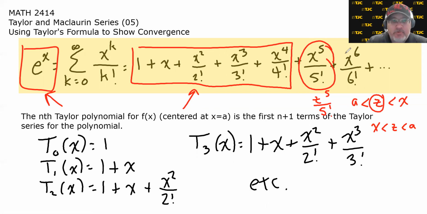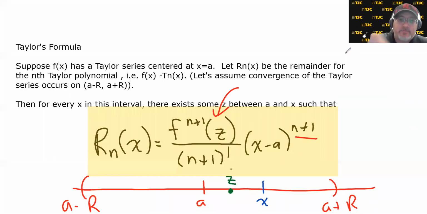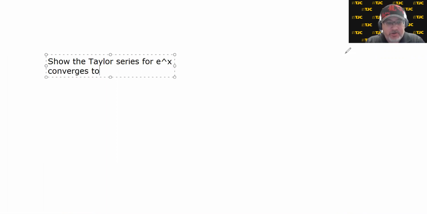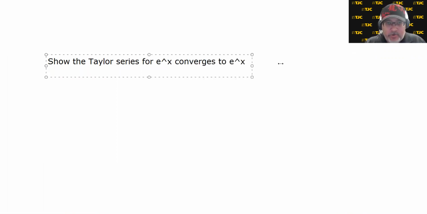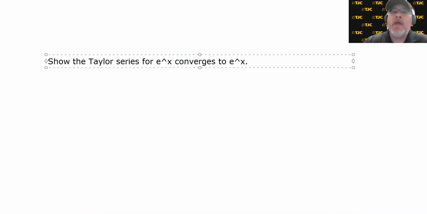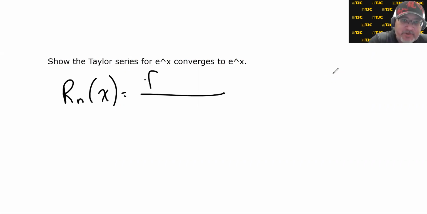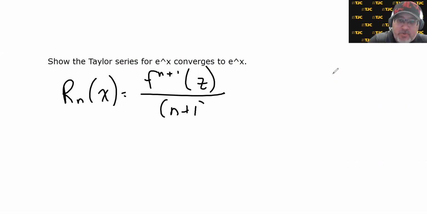So let's do precisely that. We are going to show the Taylor series for e to the x converges to e to the x. In order to do that, we have to come up with an expression for the remainder and show that that expression goes to 0. So what would that expression look like? In general, the remainder for the nth Taylor polynomial is equal to the next term in the series, so the n plus first derivative evaluated at some value of z, over n plus 1 factorial, times x minus a to the n plus 1,